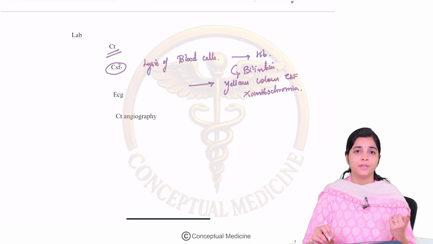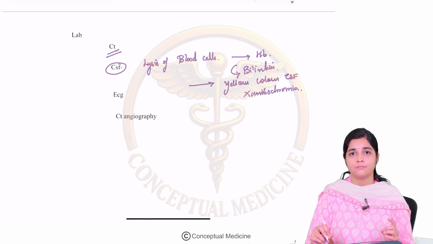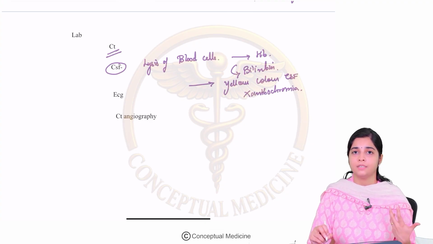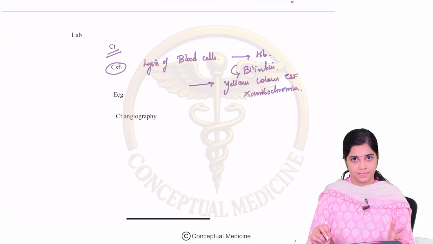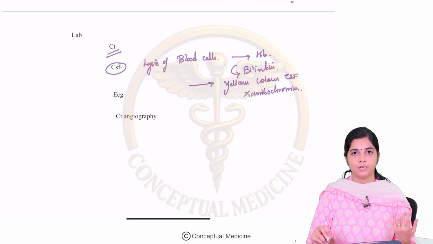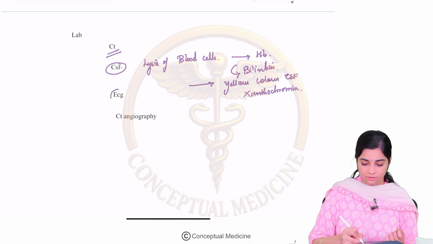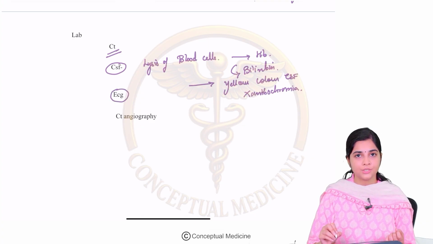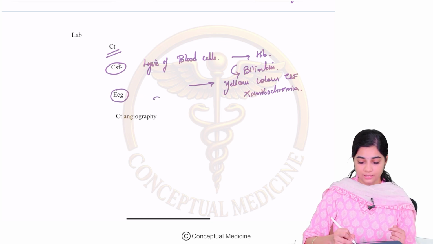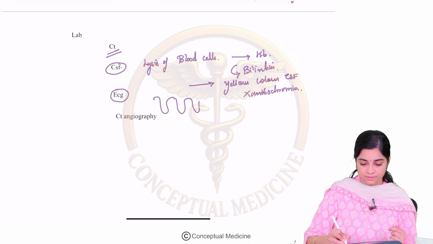But always be very careful. Do not do a CSF examination purposely in the current era for the diagnosis of SAH, because there is an increased risk of raised ICP, and in raised ICP you cannot do a CSF examination because it can precipitate a brainstem herniation. Fine. Then on the ECG, there can be characteristic deep T wave inversions,